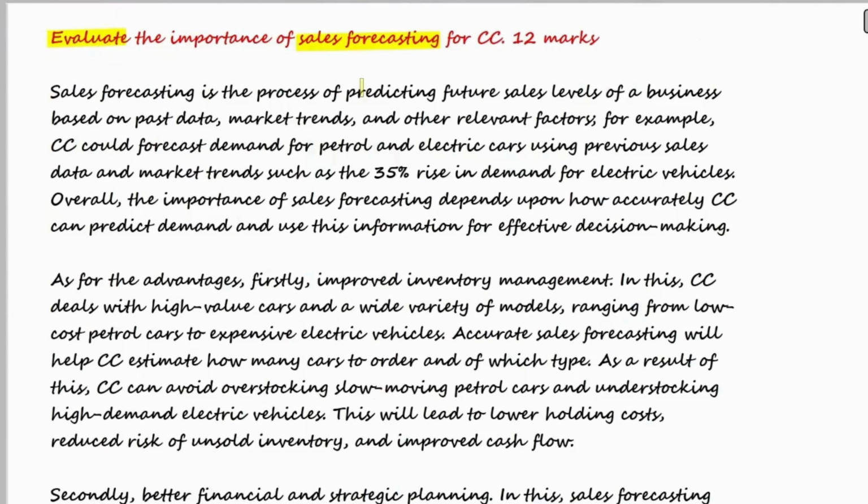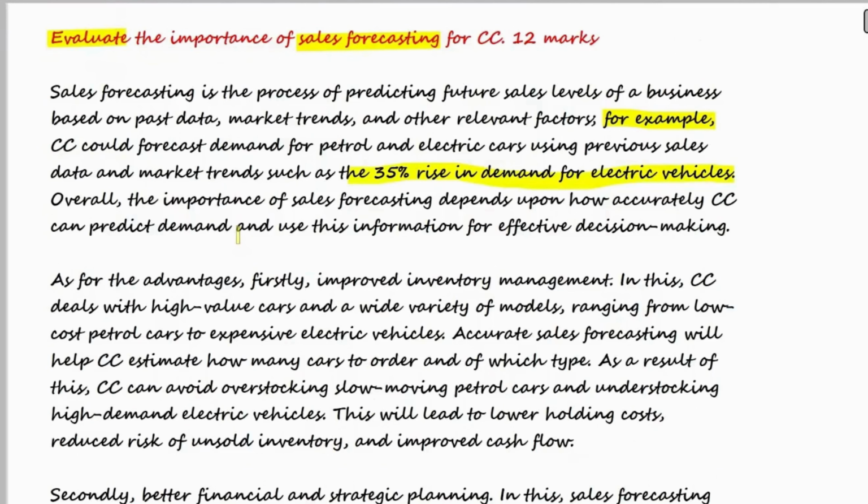Sales forecasting is the process of predicting future sales levels of a business based on past data, market trends, and other relevant factors. For example, CC could forecast demand for petrol and electric cars using previous sales data and market trends, such as a 35% rise in demand for electric vehicles. Now we have taken the reference from the case study. Overall, the importance of sales forecasting depends on how accurately CC can predict demand and use this information for effective